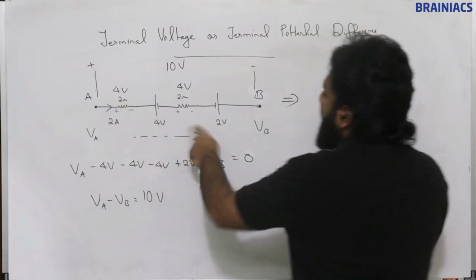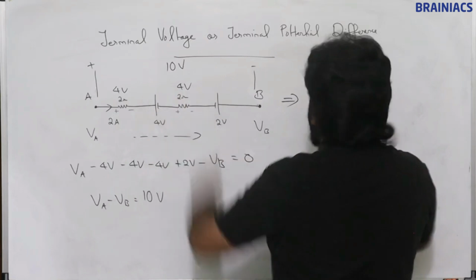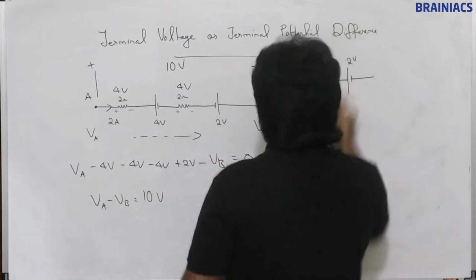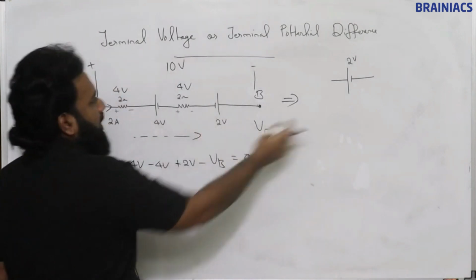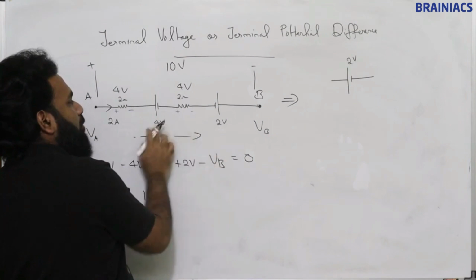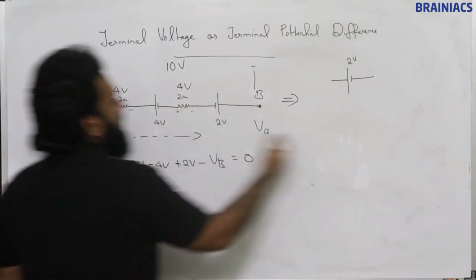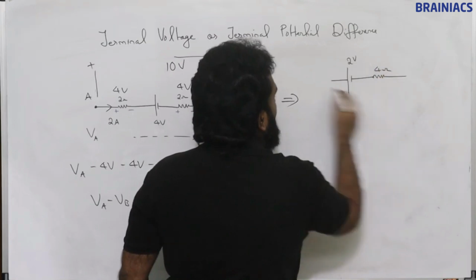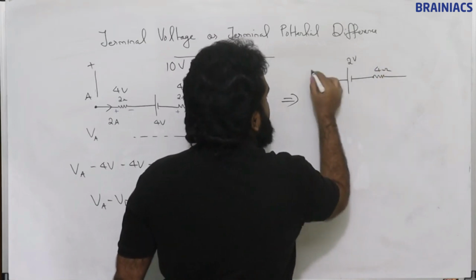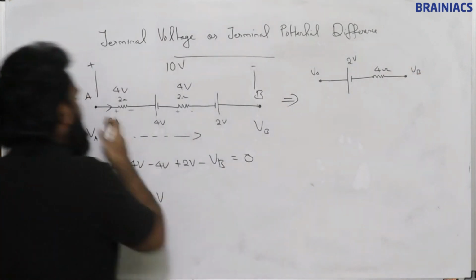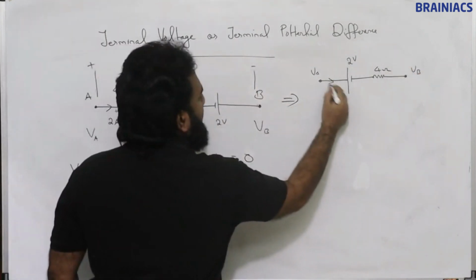So this is going to be 2 volt, plus minus. I don't disturb the polarity. This is more, this is less. So I maintain the polarity of the larger one as such and put the difference. This is 4 volt, 4 ohm. Now I maintain this as VA, this as VB, and I put the same amount of current also